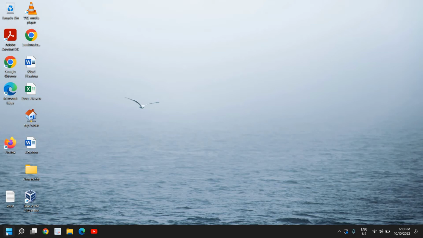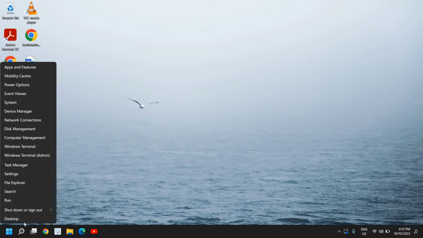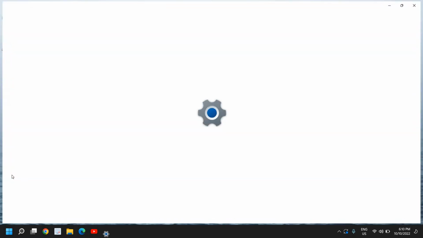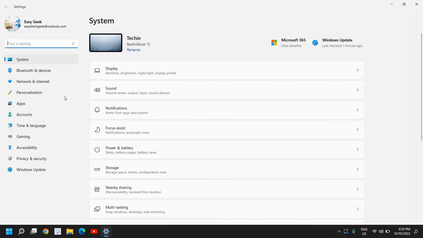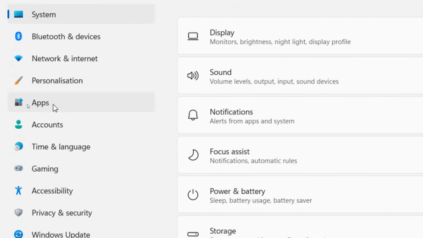So for that, you just need to right-click on the Start icon and then go to Settings. Once you're here, on the left-hand side you have many options. It will work the same on Windows 11 and Windows 10, so the steps will remain the same. On the left-hand side, we need to go to this Apps section,